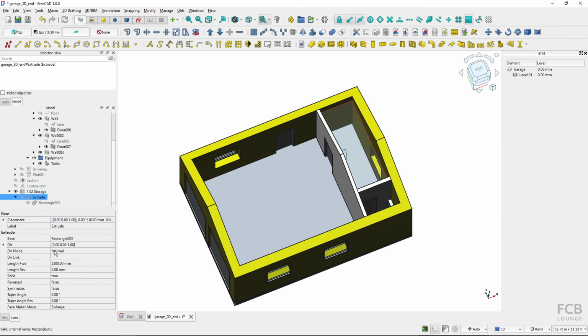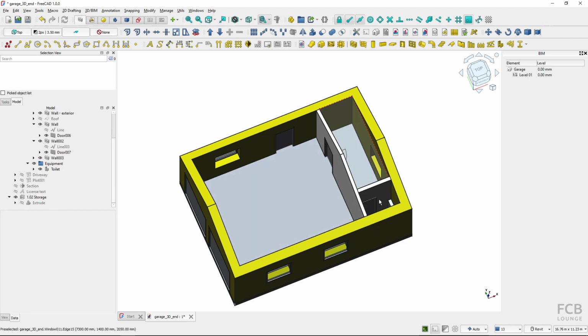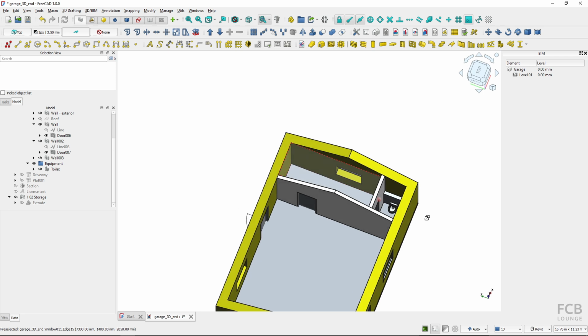So if I select the extrusion, and let's say I want to make the height not 2500 but 3000 millimeters, I can change the object and the space changes accordingly. So it's quite easy to change spaces like this. So now we have the storage room space created, and let's create the toilet room, the bathroom, and we will